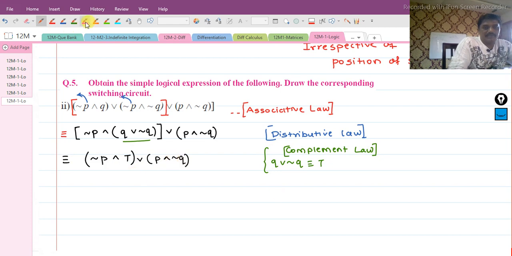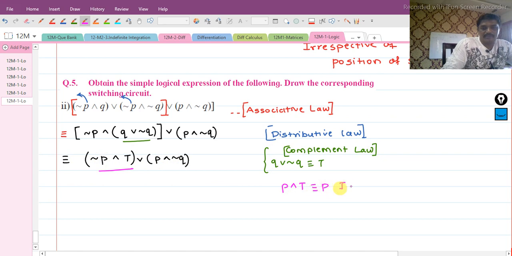Now what is negation Q and true? So what is P and true? अगर ये ट्रू है तो टोटल ट्रू आएगा, अगर ये फॉल्स है तो भी फॉल्स आएगा। सो दिस इज एक्चुअली आइडेंटिटी लॉ। इट इज रिटेनिंग इट्स आइडेंटिटी लॉ। ठीक है, दिस इज बेसिकली identity law. So let me use it over here. This will give me that is equal to negation P और P and negation Q, ये बनेगा।